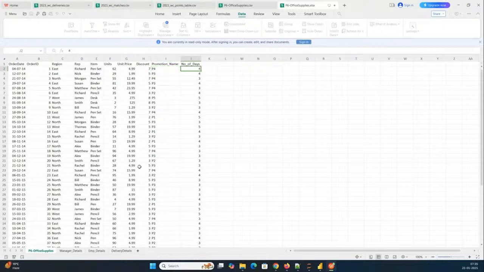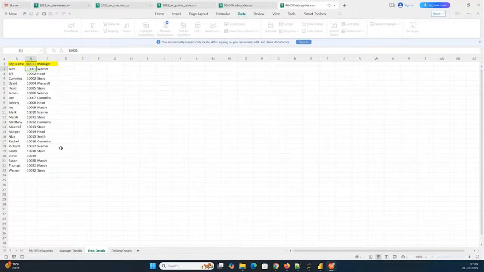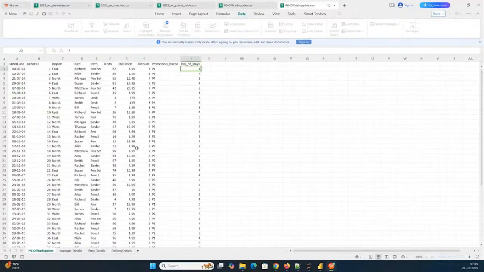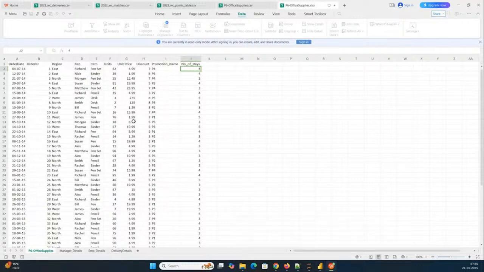Suppose for each rep there will be a manager. So who is that manager? And then accordingly, what are the employee details that I have, and then again I have a separate delivery sheet: how many days it took to deliver. So all these things. Now, based on this data set, I wanted to understand,